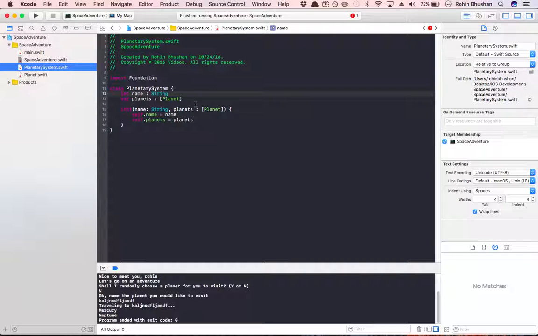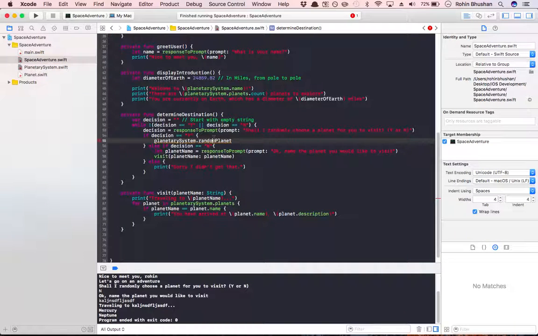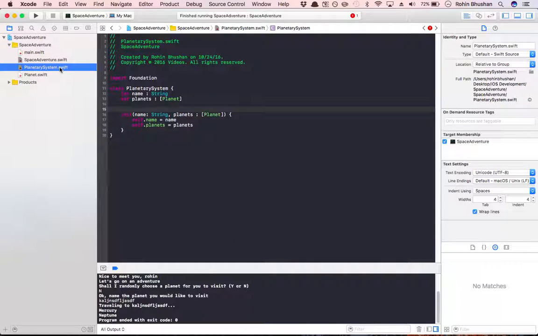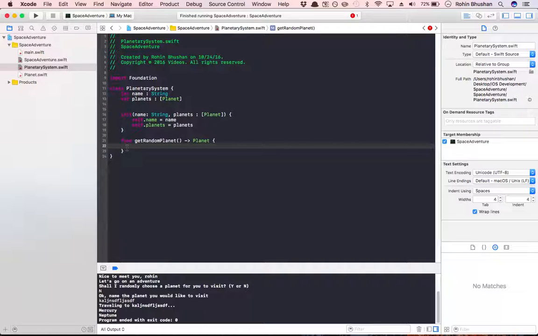It would be good if this existed, because then we could get a random planet from the planetary system without having the code for finding a random planet inside the space adventure class, because it probably belongs inside the planetary system class. We could make a method called getRandomPlanet, and it would output a planet object. And we could very well do this, but